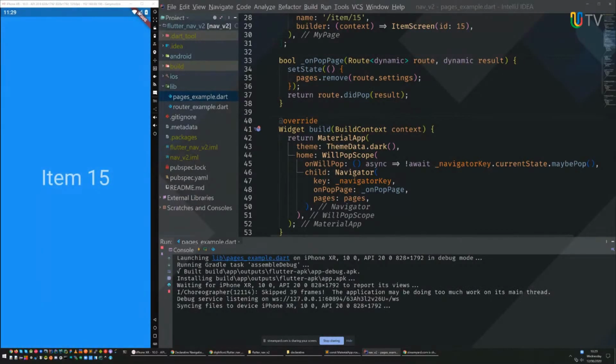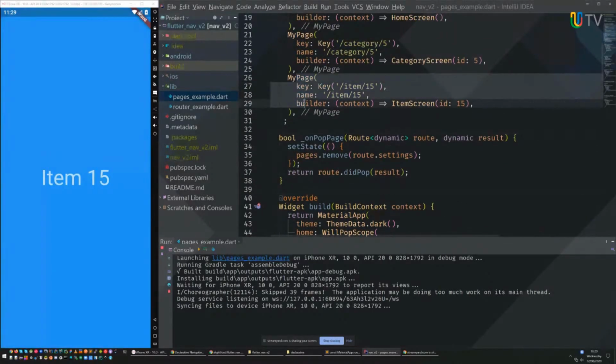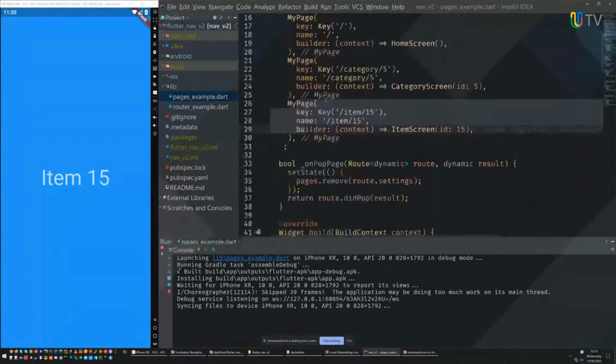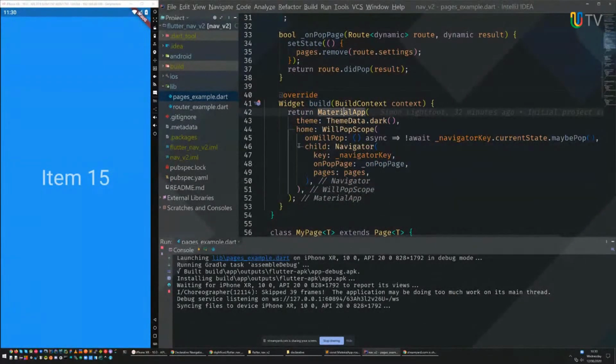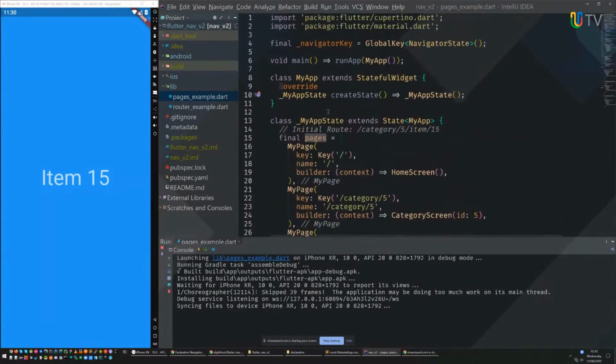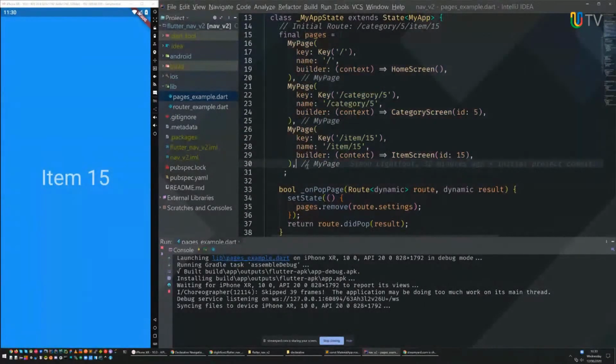So, yay, we have our item 15. If you notice, when we start our app up, we're not providing an initial route. It's just a set of pages. So that's our declared state. We've decided that this is our initial state that we want to start the app up with. A good example of why this is very important is when you're dealing with push notifications, right? A push may implicitly change the state of our pages, or maybe you tap on a notification outside the app, and when you launch, you want it to display a certain page within the app. These kinds of things become really easy to do.